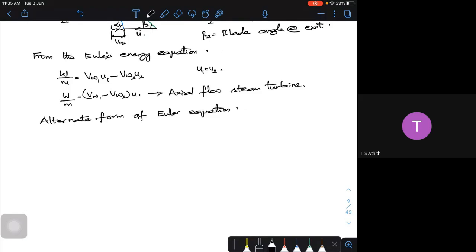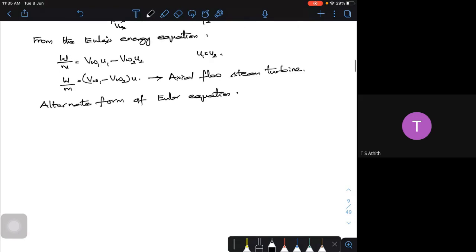Putting VR is equal to, using the cosine rule. I hope you remember using the cosine rule. Actually, we'll try to get this alternate form. So the cosine rule for VR is equal to V1 squared plus U squared minus 2 V1 U cos beta 1. Using that particular formula, cos alpha 1 or cos theta, whatever it may be, we'll get it. So the alternate form of the Euler equation for a turbine will be W by M is equal to